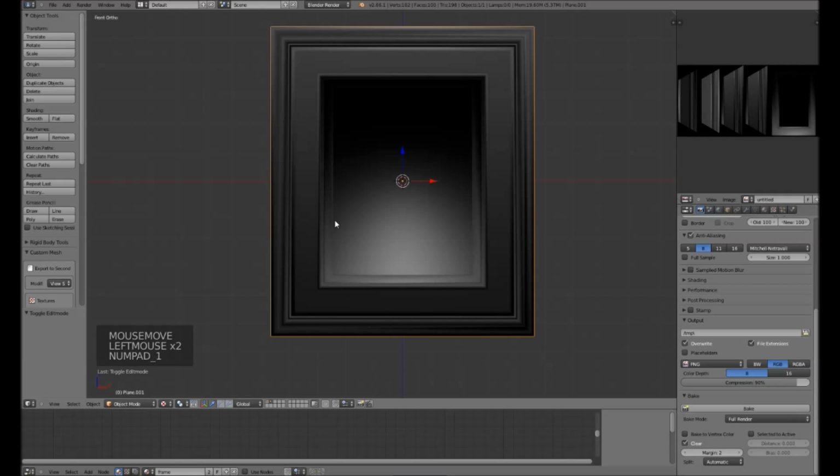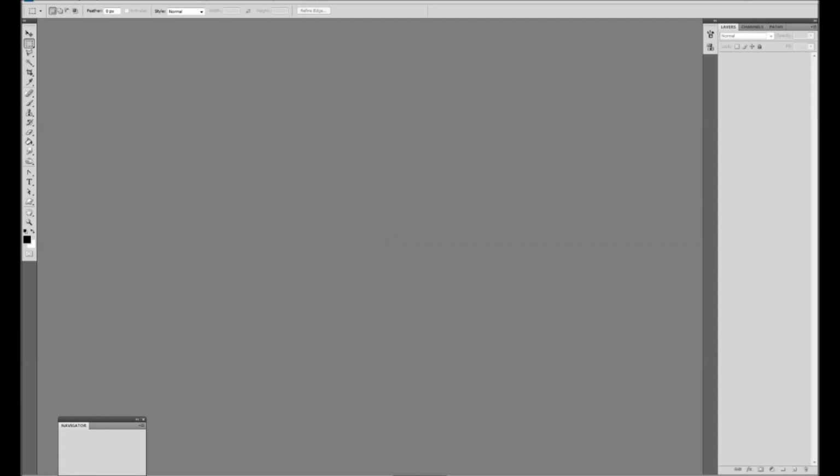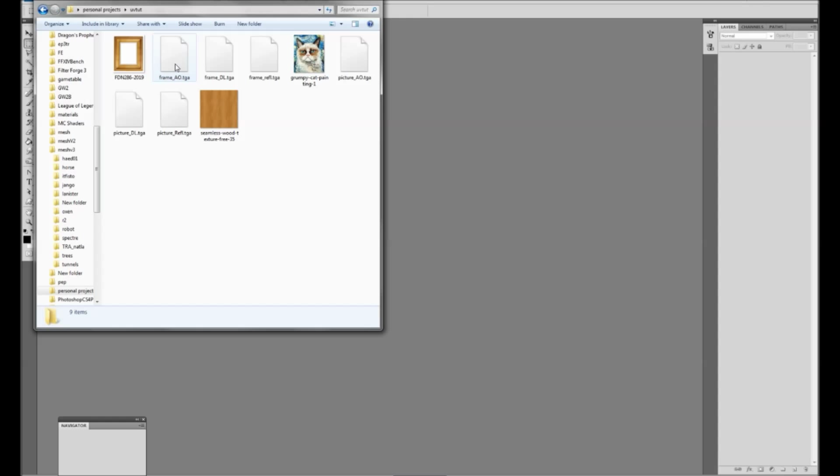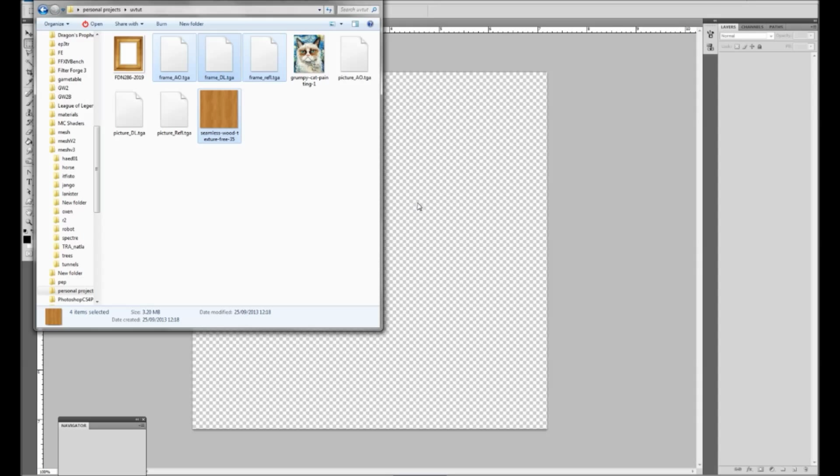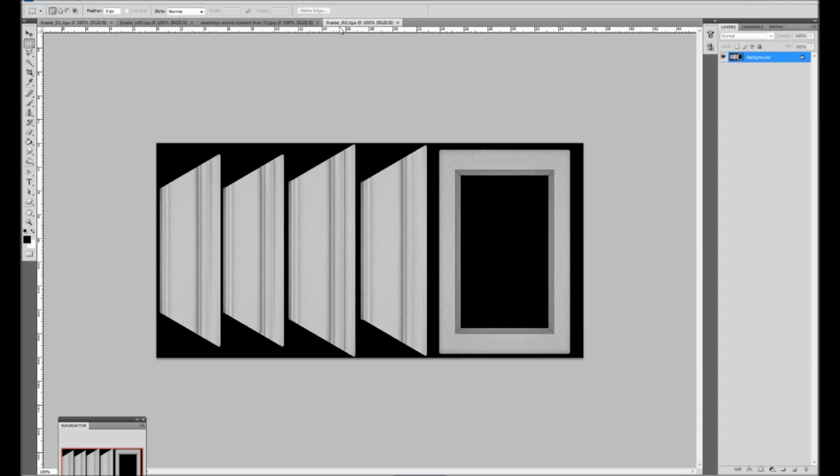What I'm now going to do is skip to Photoshop, and I bring up my folder that I have my images in. As you can see, I have this will be our image. I have a seamless wood texture, which will be used for the frame. We'll start by grabbing frame AO, frame direct light, frame reflection, and our seamless wood texture. I'm going to duplicate frame AO by hitting Ctrl J, which creates a copy of the layer that we're on. I'm going to set this to multiply. Grab my little wood texture here,